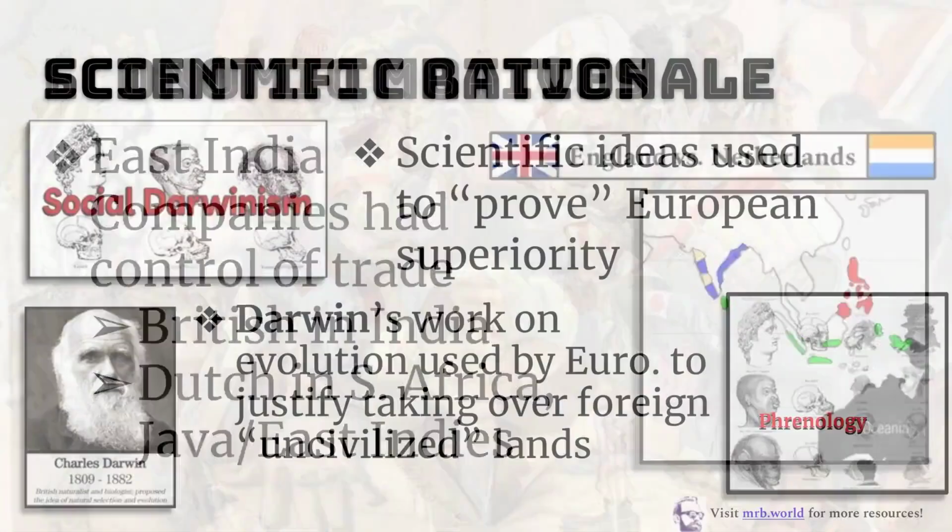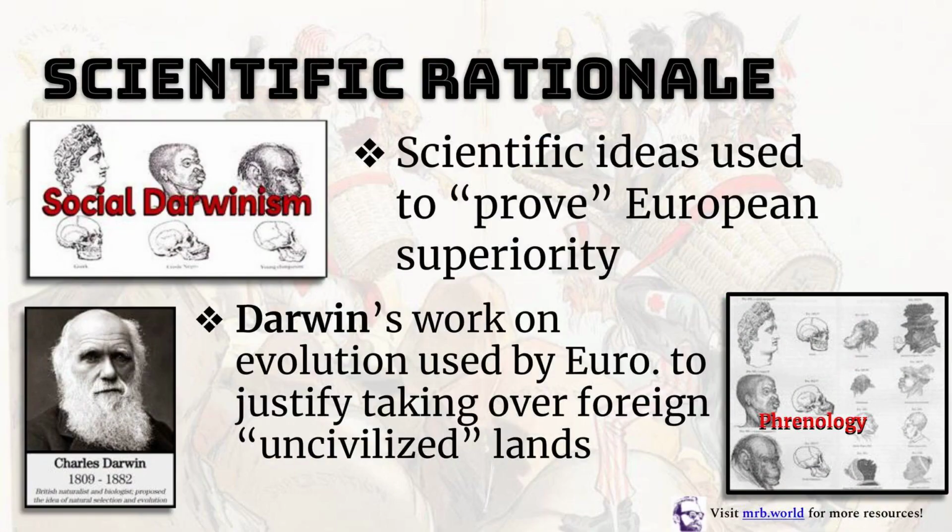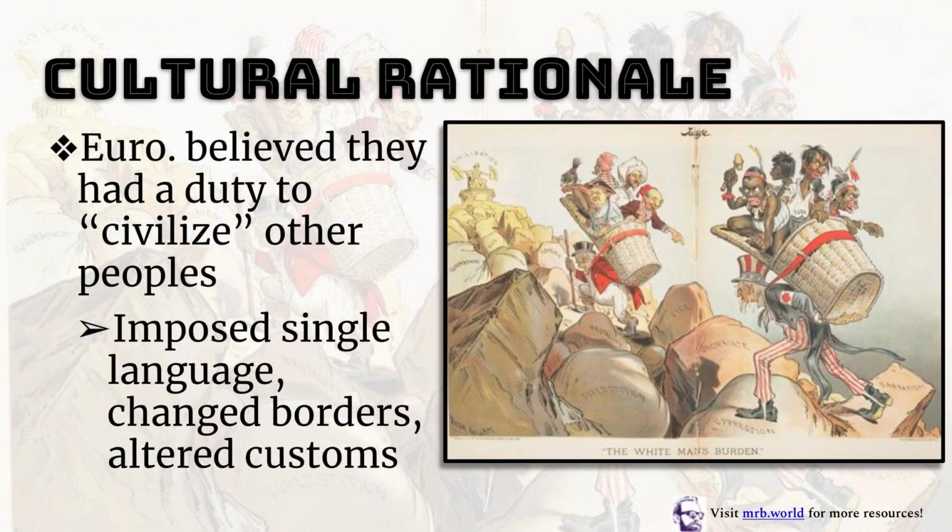colonies. The European perspective towards other cultures was often rooted in racism, as colonial powers viewed themselves as inherently superior to those they oppressed. The use of scientific theories served to reinforce their supposed superiority and legitimize their colonization of foreign lands. Colonial powers believed that their technological advancement gave them the right to impose their cultural practices on indigenous